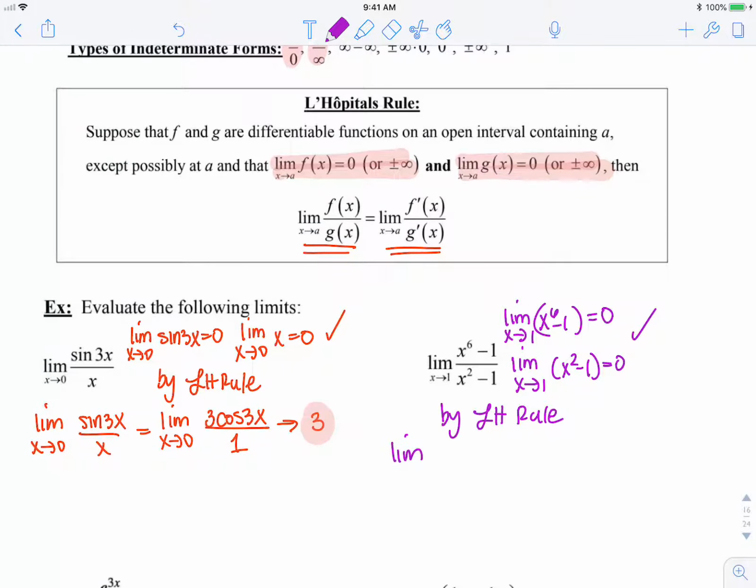the limit as x approaches 1 of x to the 6th minus 1 over x squared minus 1 is equal to the limit as x approaches 1 of the derivative, which is 6x to the 5th over 2x. So now I can do direct substitution, and I get 6 over 2, which is 3. So L'Hopital's rule